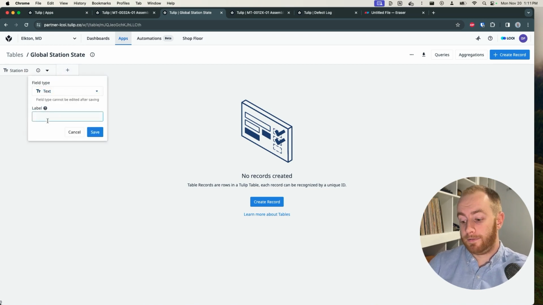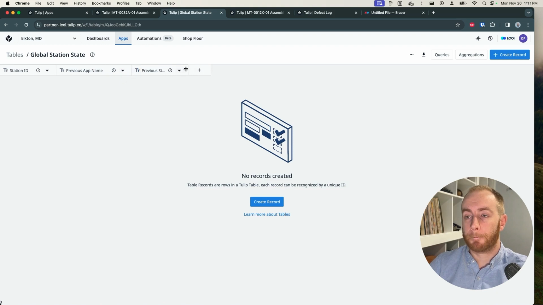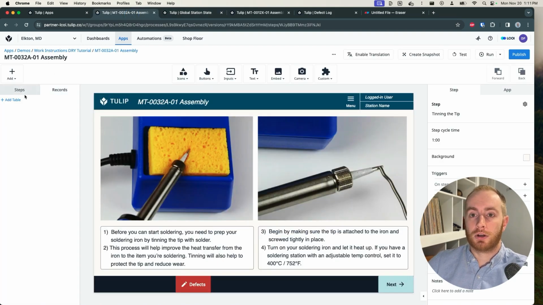Then we're going to have the previous app name, and we'll have the previous step name. And I think that's all we'll need, but I'll leave this tab open just in case we need to come back. So what we're going to do now, where this all starts to come together, is we want to connect to that table